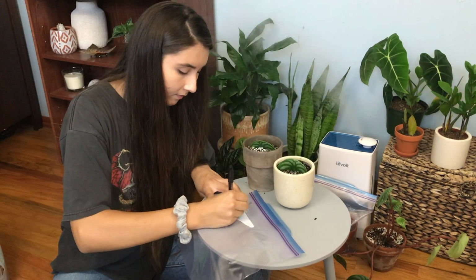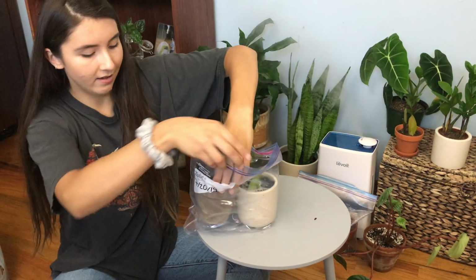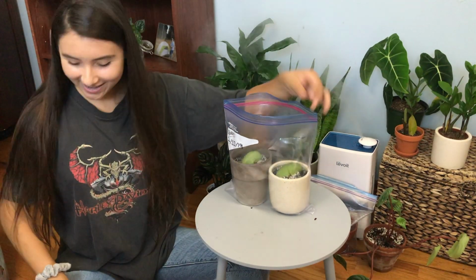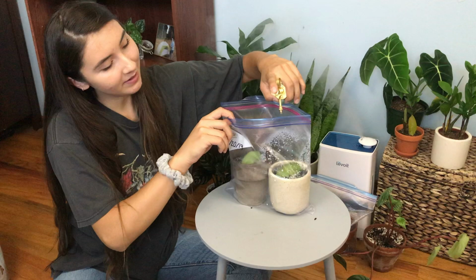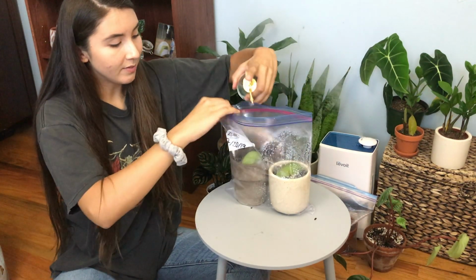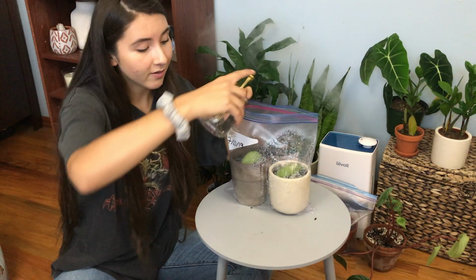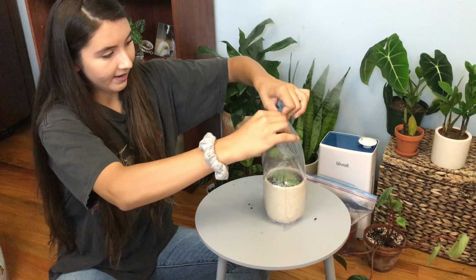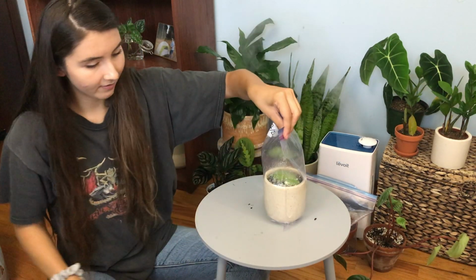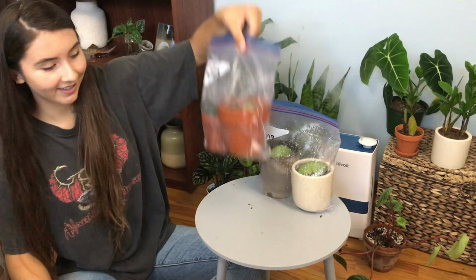And of course you always want to write the date on the bags. Fit in the same bag. There we go. They're gonna be best friends. I'm just gonna spray them one more time because they don't ever seem to be unhappy from being sprayed too often. Seal the bag up, not all the way. And now I have 3 propagation bags